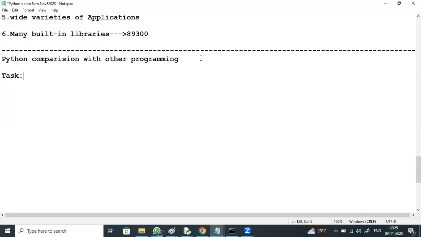You can compare coding-wise, length-wise, complexity-wise, how simple the Python statements look compared with other programs.